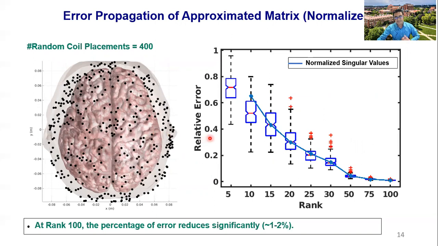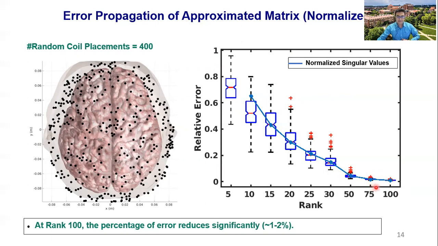And we solve for the electric field using our forward solvers. We also predicted the electric field using our approximation matrices. So the relative error between them is shown in the right figure. As you can see, as you increase the rank, the variation of the relative error almost follows the normalized singular value curve. So the normalized singular value shows you the propagation of error as you choose the rank for